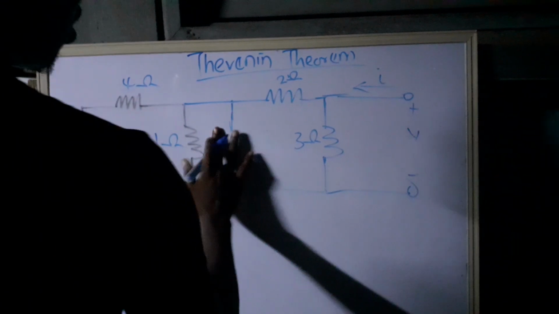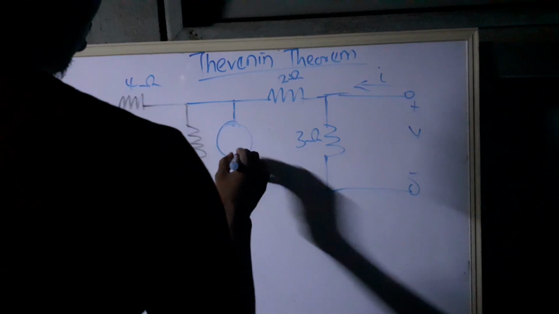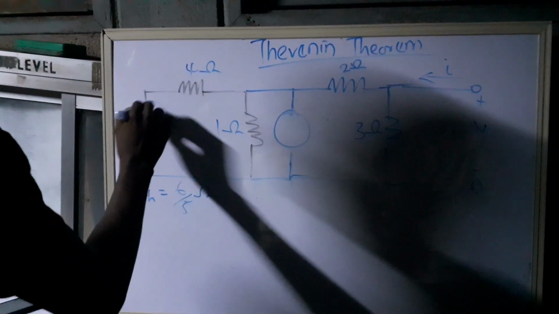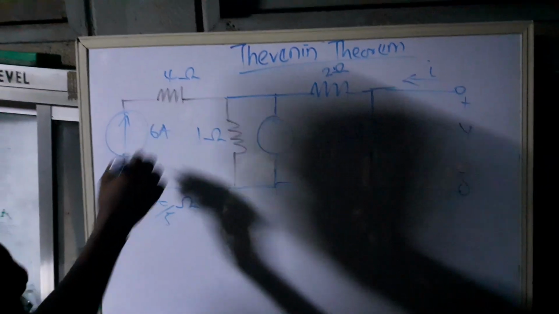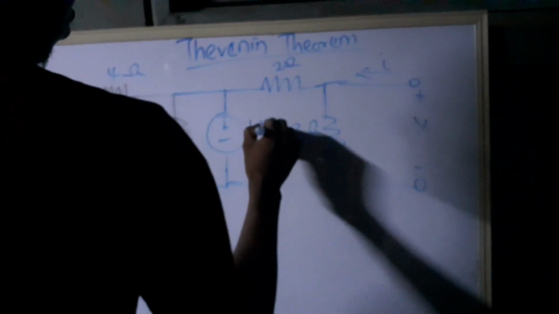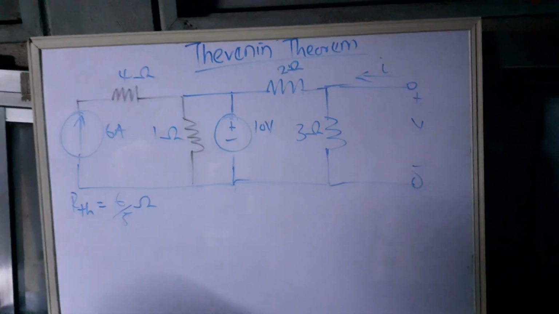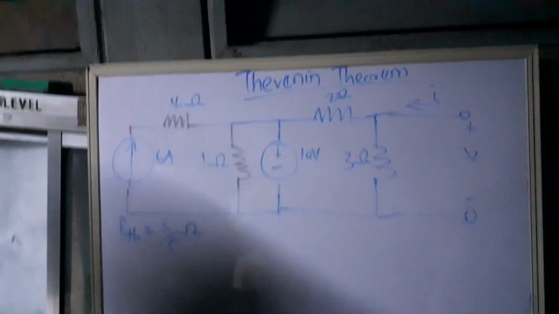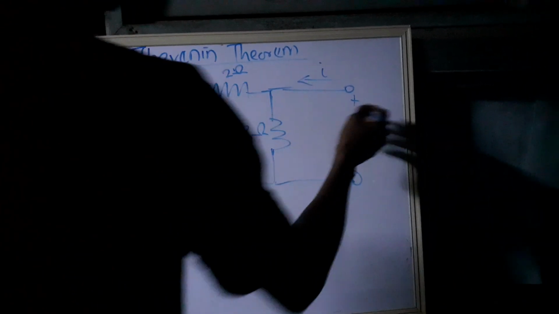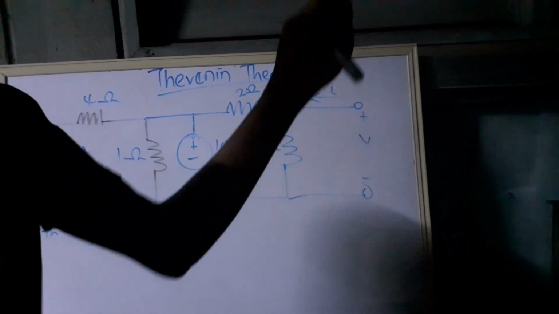So let's return our sources. We have 6 amps here, and here we have 10 volts. So we are looking for V, and V will be measured across here. Since these two are in parallel, they have the same voltage. So if you can get the voltage here,